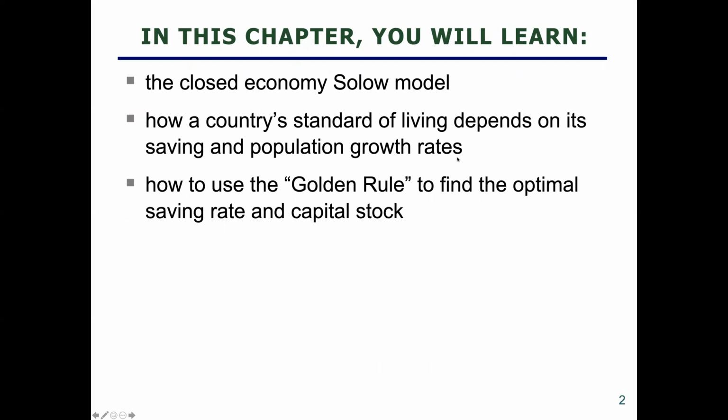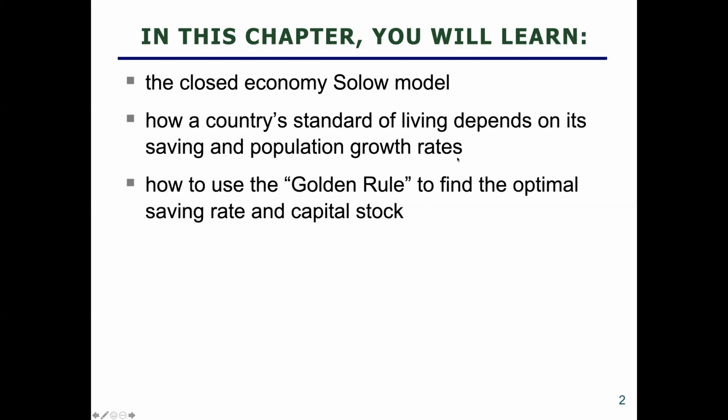One thing you can see here is that this is really about saving and capital accumulation. So there are a lot of things I talked about in the previous lecture that can go wrong to block economic growth. And this chapter is really focused in on what if you don't save enough, what if you don't build enough factories and